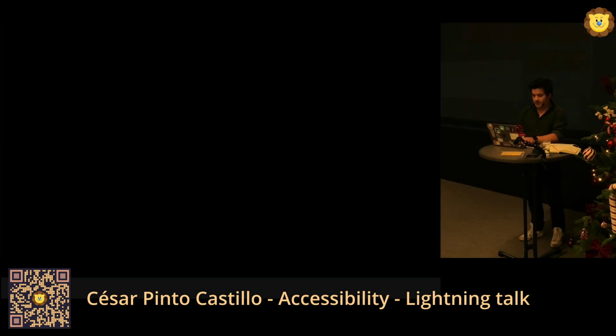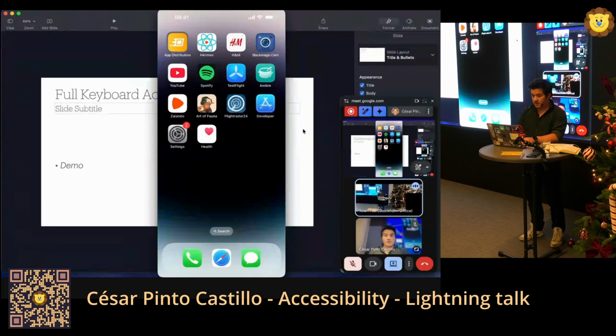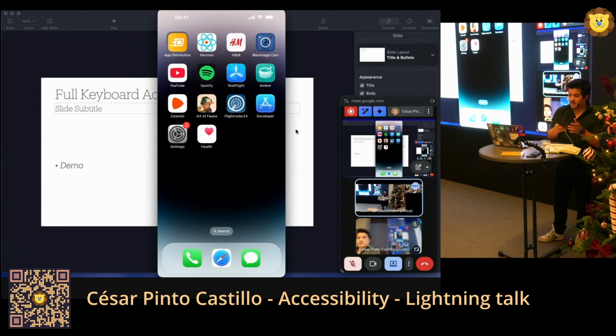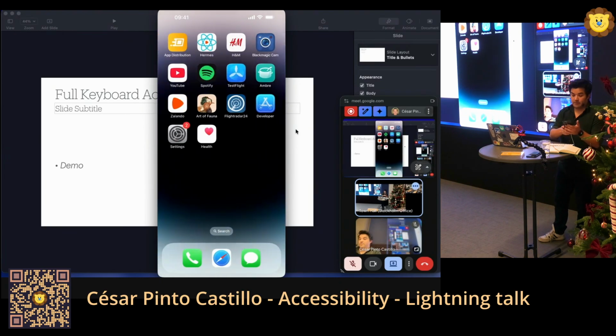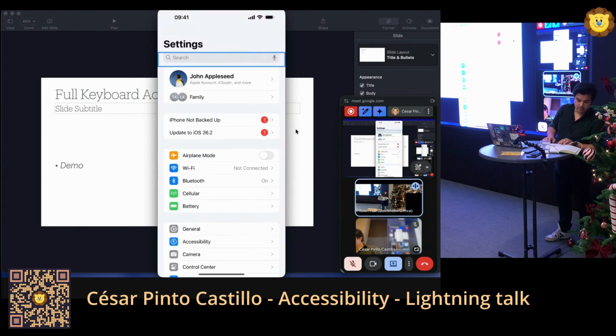Okay, so I have an iPhone in front of me. Do you see that? Yep, perfect. So this is a regular iPhone with a regular keyboard. I can control this using only my keyboard. You can enable this in settings, and this is for users who only interact with their device this way.